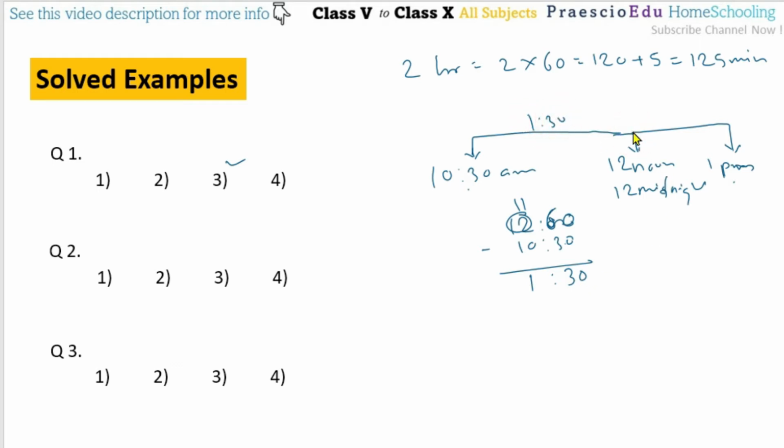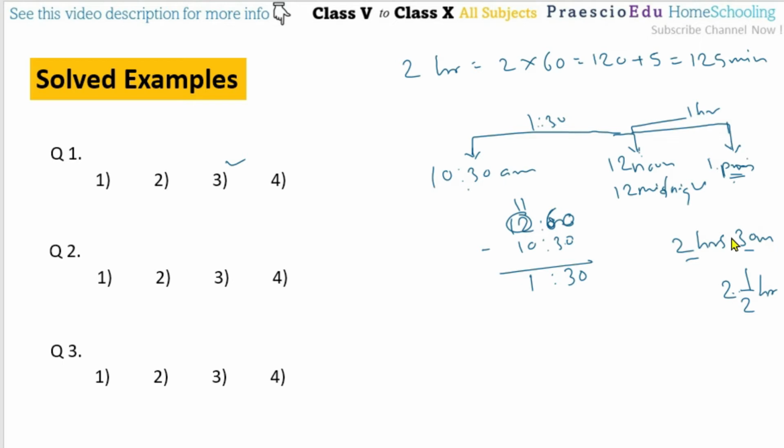Okay, so from 12 noon to the 1 p.m., that is already shown, this is 0 for this one. Okay, 12 hours time. PM means this is a 12 hours time. So from the noon it started from 0, and now it's 1 hour. So 1 hour 30 minutes plus 1 hour means this is 2 hours and 30 minutes, and this is given in option number 4, because instead of the 30 minutes, that is shown as half hour. Okay, so 2 and a half hour, this is shown in a different format. So option number 4 is the correct one.